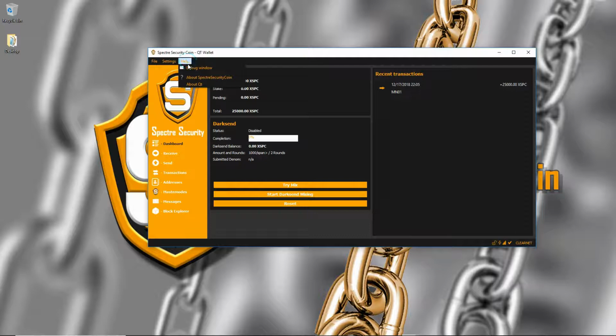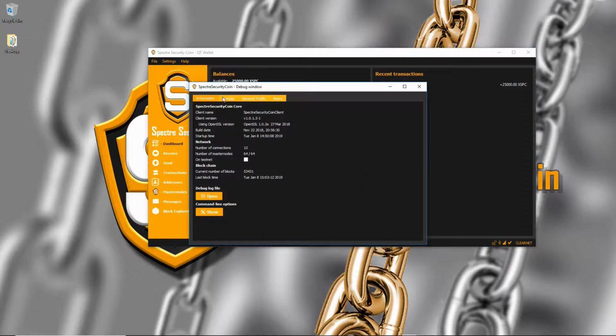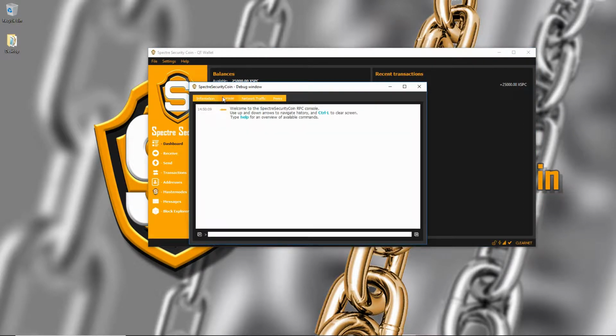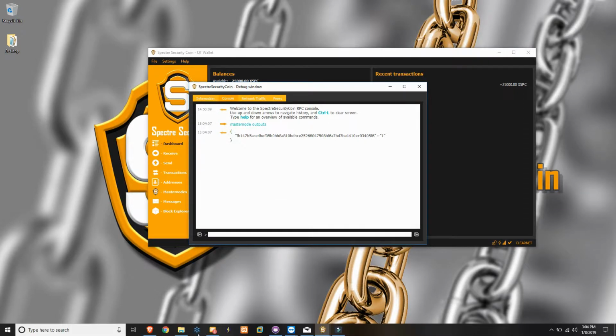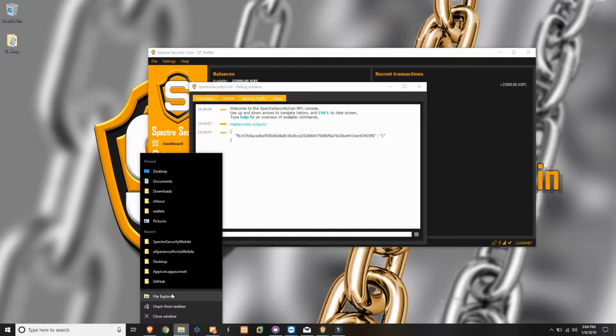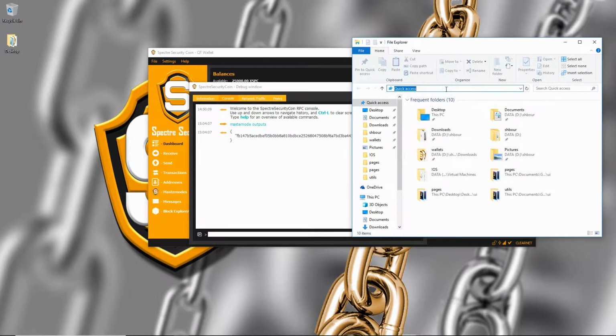From here, you want to go in Help. In Help, you want to type in Masternode outputs. It'll show you your transaction ID and the index of the transaction ID. With these two pieces of information, what you want to do is open your Explorer and then type in your search bar